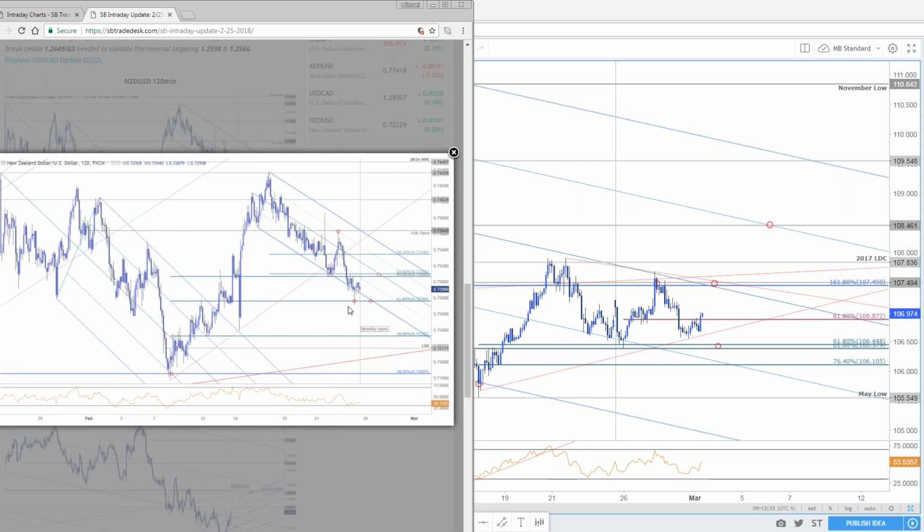Now this was a big region because it was not only the 618 retracement of the advance, but also to open the week, you had a confluence there with the lower parallel. So we came into the start of the week, we ran right back into that spot, then we ripped higher. Guess where we failed before finally breaking the downside? We're now trading near here, guys, in Kiwi dollar. Here's what it looks like.